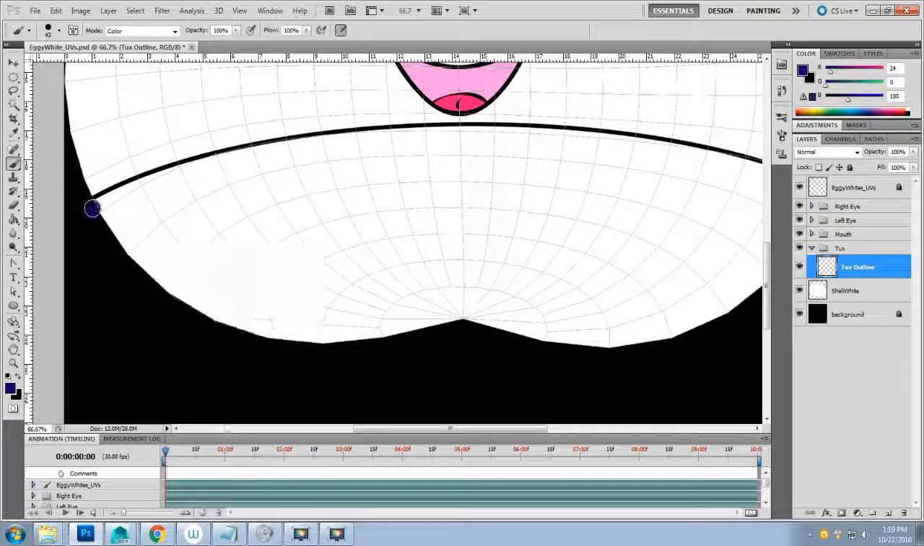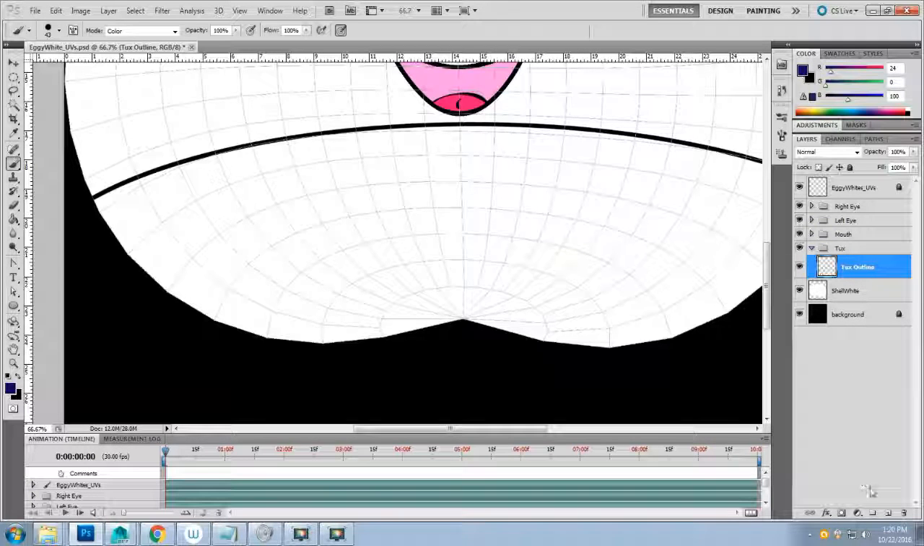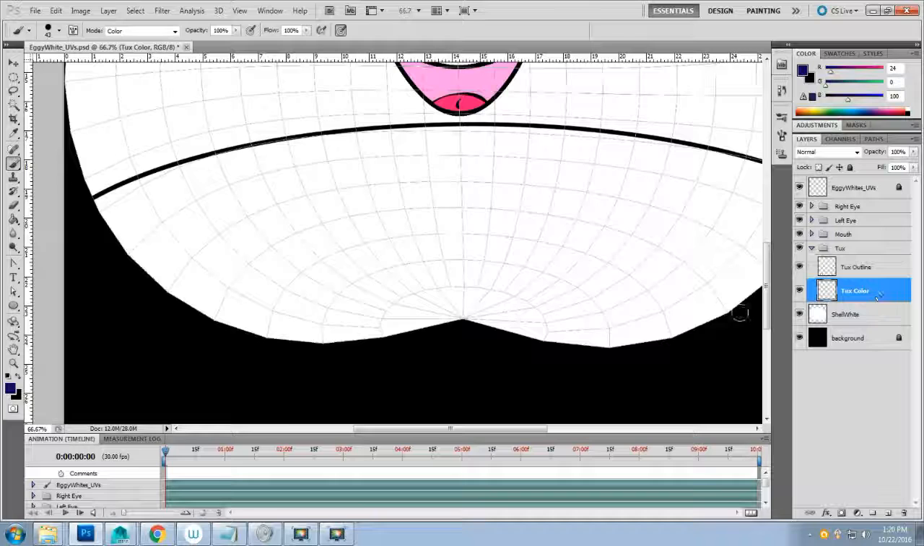get a big brush, and I'll just draw an outline. Oh, my bad. I'm drawing on my layer. I need to make a color layer. Sorry, Control Z. New layer. And this will be our tux color. I'm going to put that under our outline,